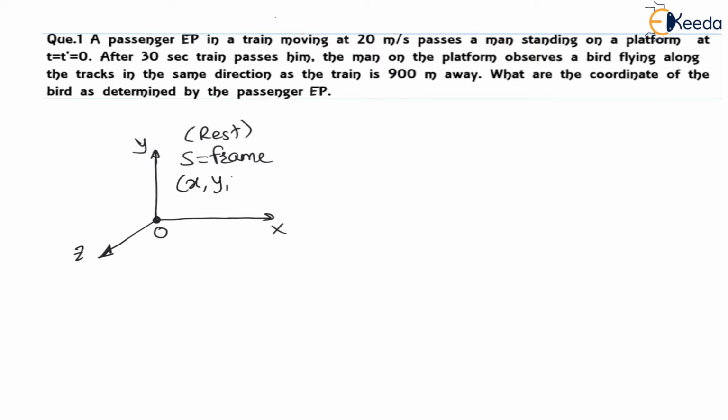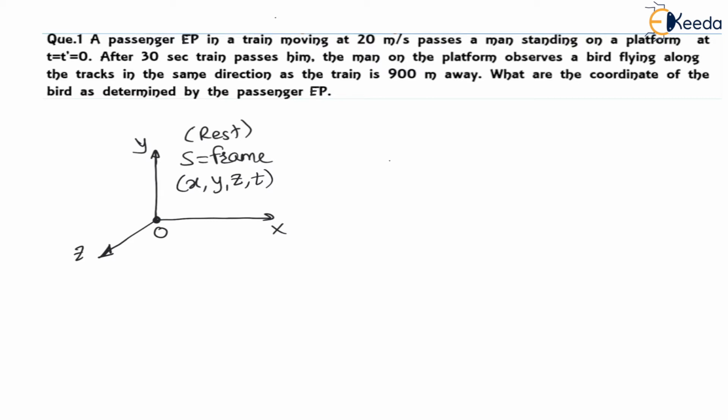In the Galilean transformation equation we have seen, let us say there is a frame of reference S. This S frame is always at rest, and the dimensions are x, y, z. In this frame, the observer is O. The coordinates of the S frame are x, y, z, and time is t. These are the coordinates of the S frame, the rest frame.